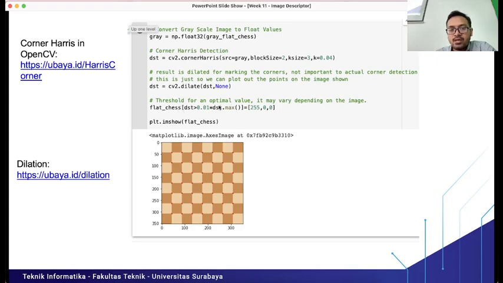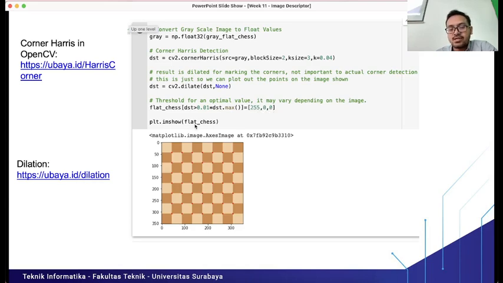We do an indexing process here: if dst is greater than 1% of dst max, so dst only contains the values from the cornerHarris result, it is not an image, then we give those pixels the red value, and that's why we use 255,0,0.